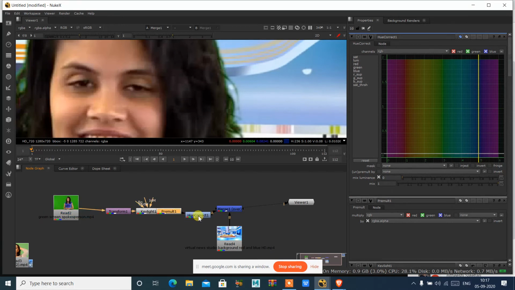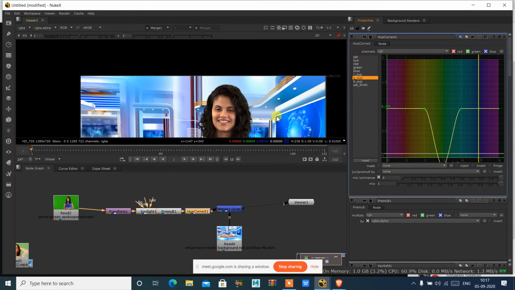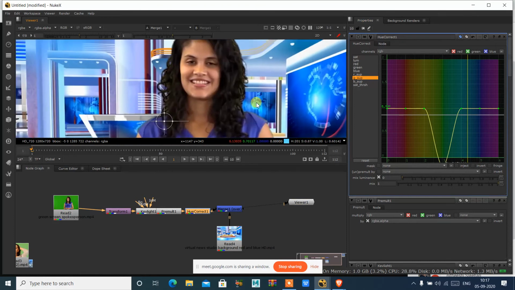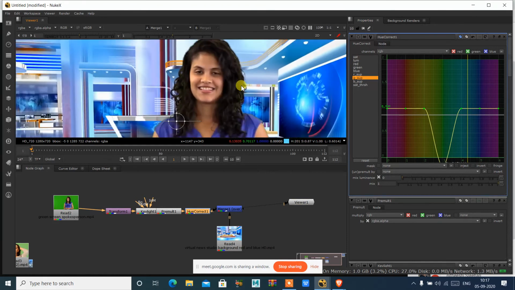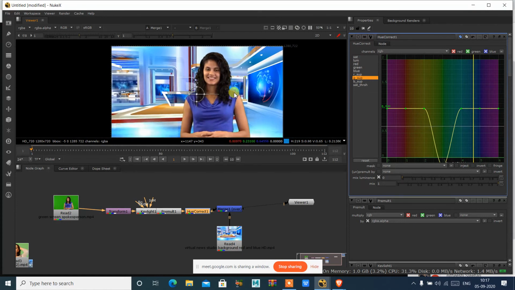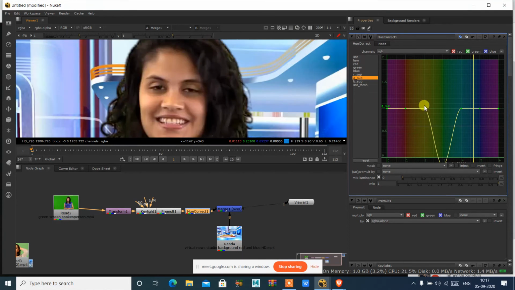So click on hue correct, click on green suppression, and you can adjust this. Once I move this down, you can see that we are removing the green from the hair details. We are doing spill suppression, like how you do it inside After Effects, the same green screen suppression. You can do it over here using this hue suppression.